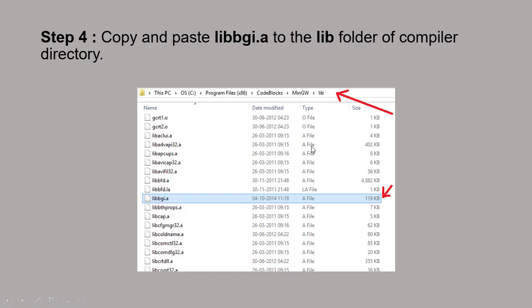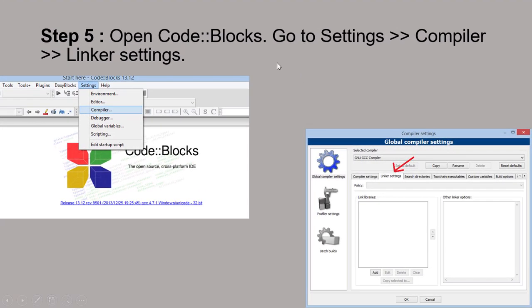After that, you have to open Code::Blocks, and there is one condition: you have to open it as an administrator. Why? We are going to see in an upcoming video. When Code::Blocks opens, click on the Settings tab, from which you select Compiler.